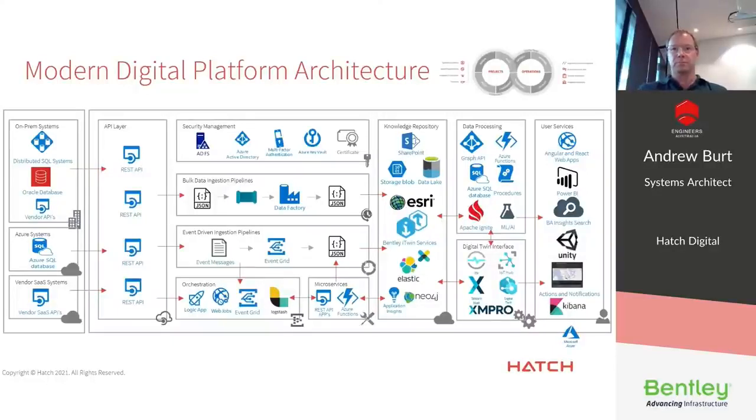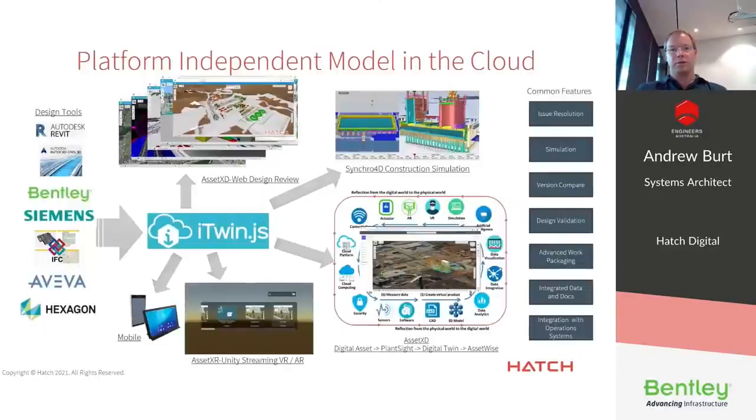So just one of the areas, and you'll see more about this from our Bentley presentation that's going to follow, is tools like Bentley's iTwin. It provides a platform-independent 3D model hosted in the cloud. We're able to use that to generate web design reviews, to drive 4D construction simulation, streaming virtual reality environments, tools like PlantSight, which will be presented by Patrick very shortly. All of these